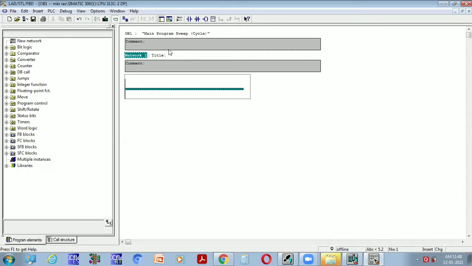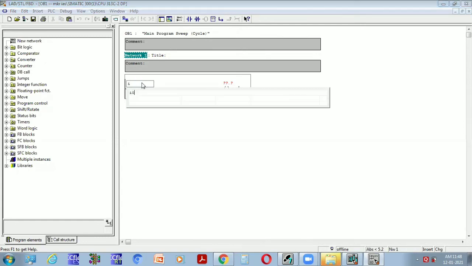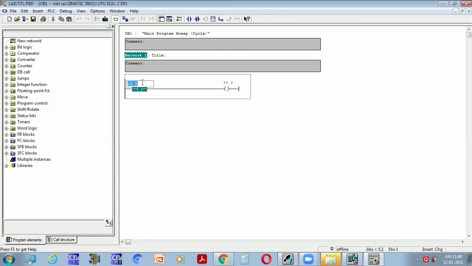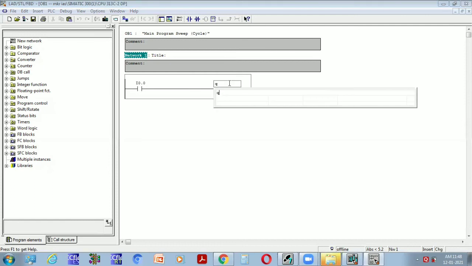Just click here, click on NO. This is input and this is output. Here I will assign the input address in bit addressing, as in Siemens. So I0.0 is the input address, and similarly the output address in bit is Q0.0.